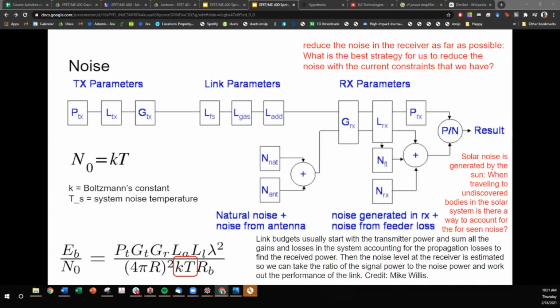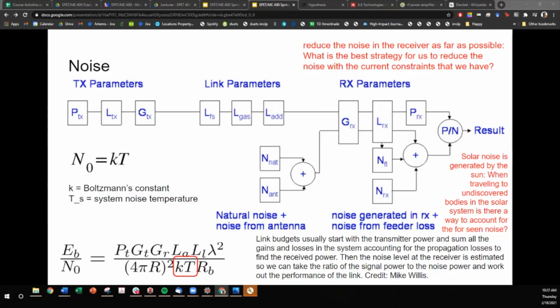Okay. We only have a few terms left. There's noise, which is that kT term. And I wanted to show you all the places that noise can show up in the path of a signal. So TX is transmitting, RX receiving. We already talked about the free space loss and the other kind of losses that can happen. But there can be noise as well when it comes to